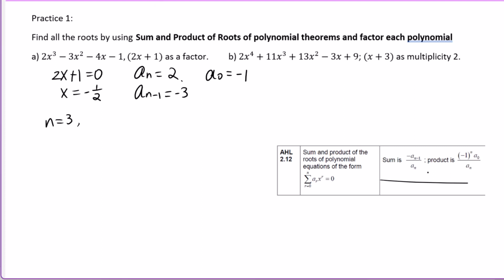Let's label x1, x2, and x3 = -1/2. So we have x1 + x2 +